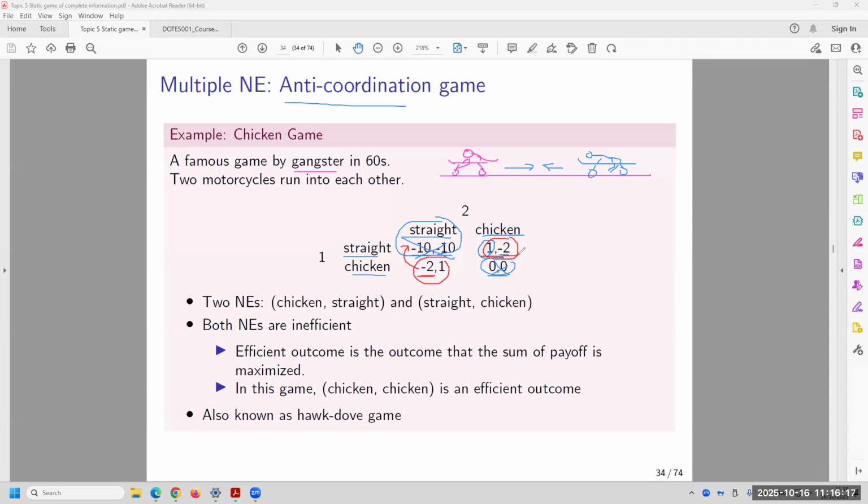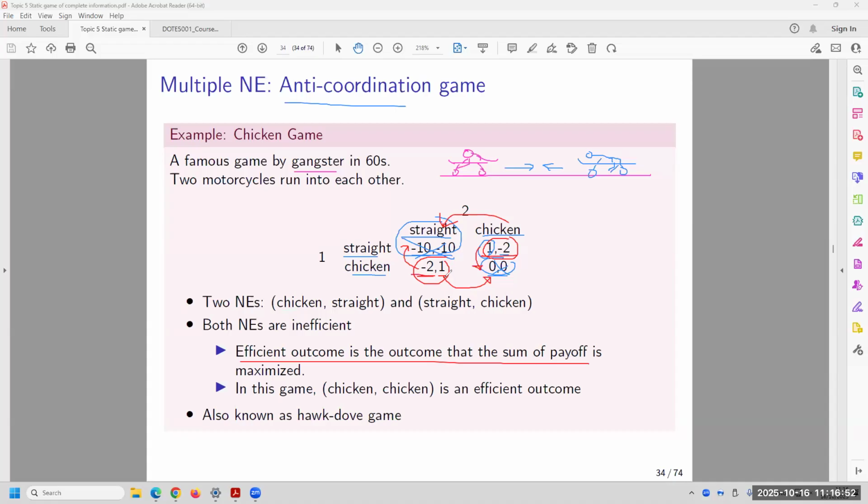And if you're here, it's also a Nash equilibrium, because I haven't checked this one yet. You don't want to be chicken here either. If you go straight and the other guy is chicken, you don't want to switch, because you're already winning. And if the other guy is chicken, you don't want to go straight because you don't want to die. So the only outcomes are chicken-straight or straight-chicken. In these outcomes, neither Nash equilibrium is good, right? Actually, the best case in terms of efficiency, not productive efficiency,